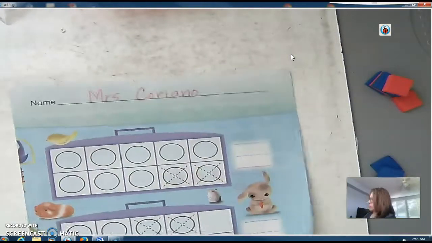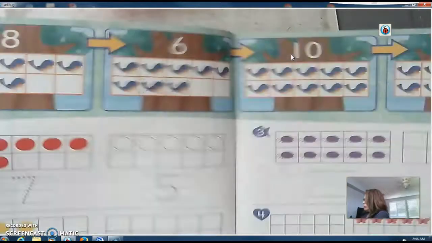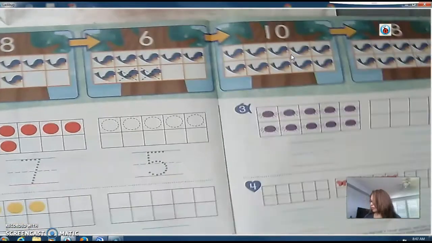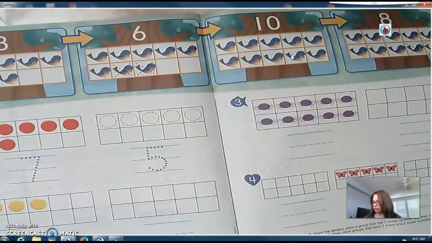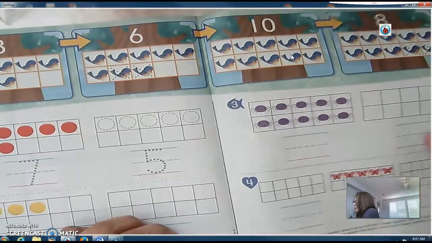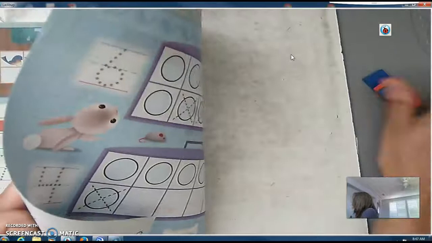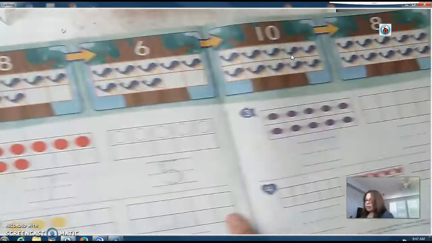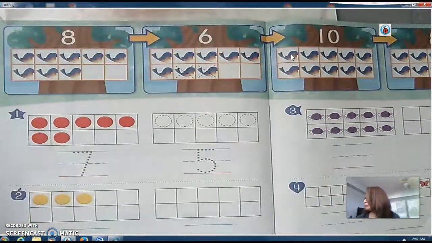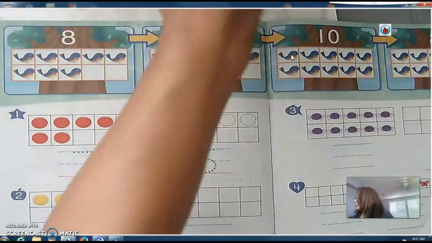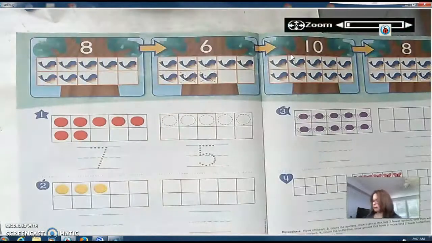And then let's flip our page over to this side and get started here. All right, I'll give you just a few more seconds to write your name. And I will put some of this stuff away so it's not in our way. All right, so